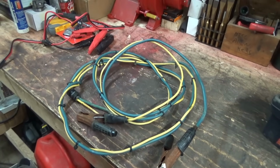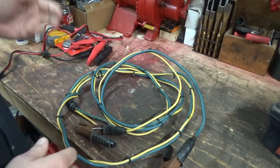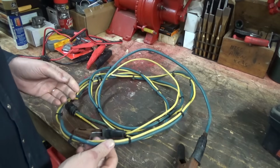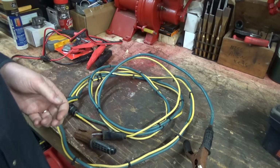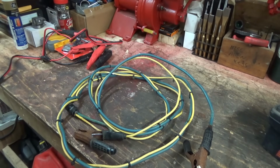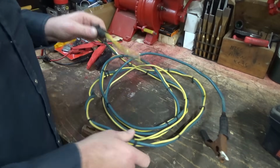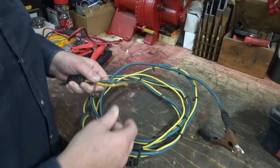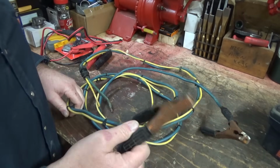Now, I guess the submersible well pumps require different things. Usually the red would be like the main power, and this would be like a ground, and I don't know what all the rest of them do. I think there was like 3 wires. There's a thin little black one too. We ended up changing one of the pumps once, and they changed all the wire too for some reason. So he's like, oh, I'll just put new wire on, save redoing all this. I'm like, okay, I'll keep it. So anyways, I kept it and made this for my fuel pump, which worked good, except these ends I wasn't crazy on. It was still working fine, but